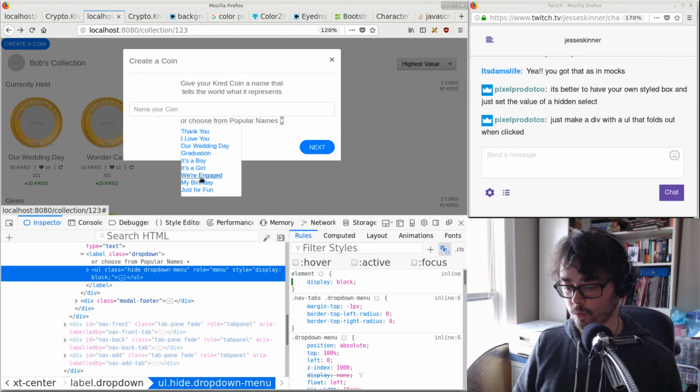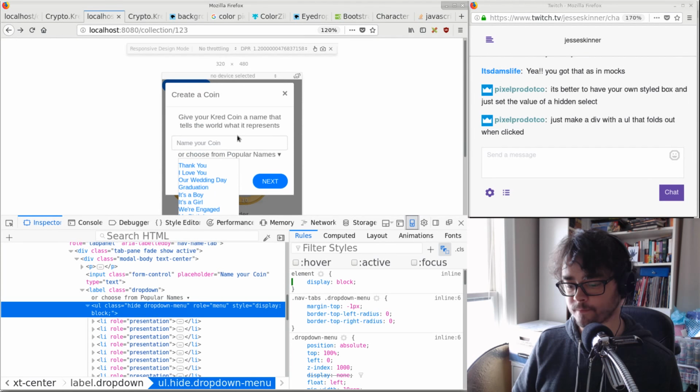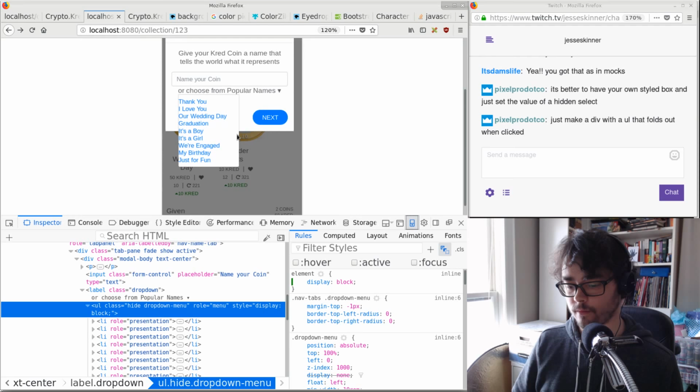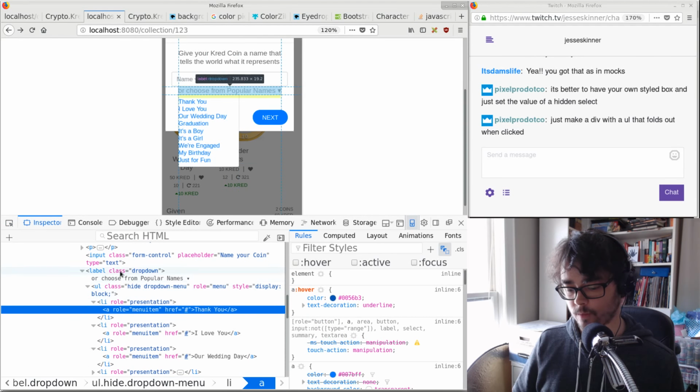I'm still worried about the mobile experience. That's going to drop down below the fold. You won't even be able to scroll down to it, I think, on mobile. Or, I don't know. Maybe it's okay. It's still pretty tiny, and needs some spacing, but I can fix that. And then when you click one,